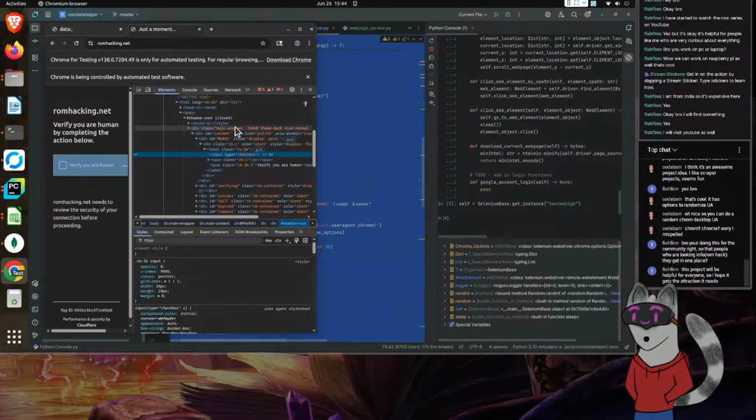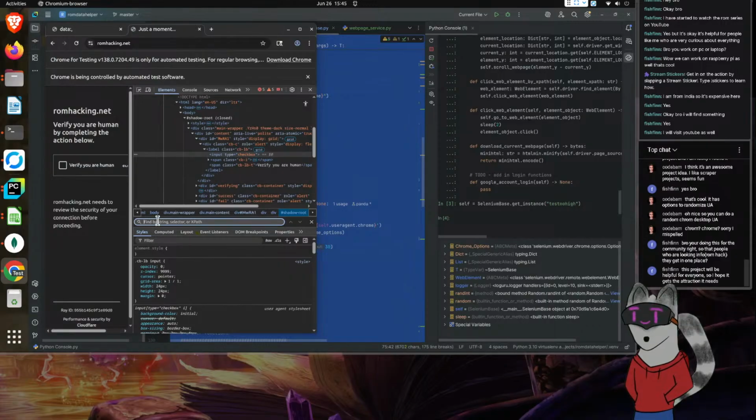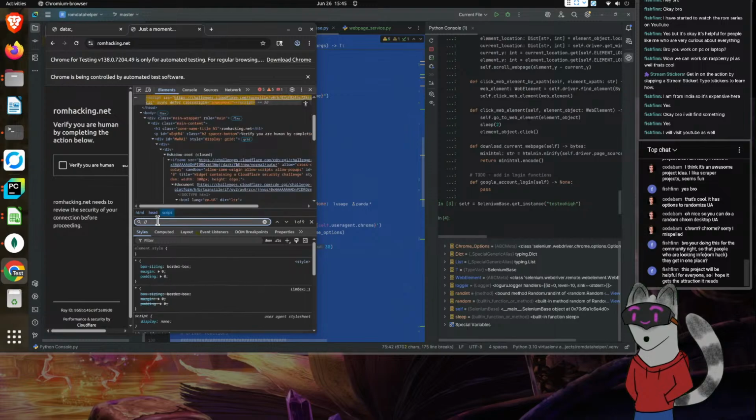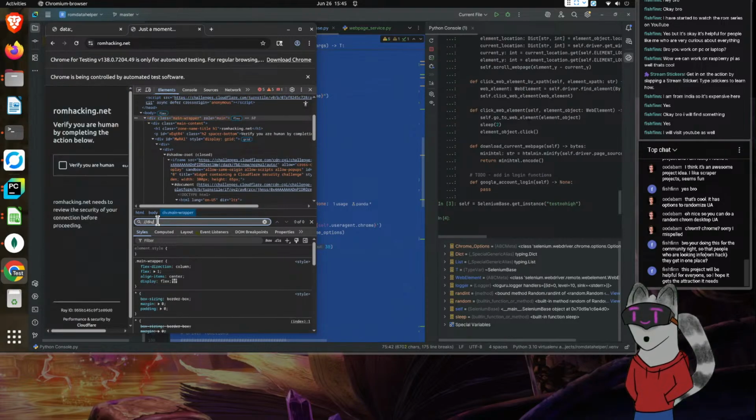All right, so there's actually a lot here. Oh, there's an awful lot here. Verify you're human, but we want to click the input. Okay. All right, let's go ahead and start building our XPath real quick. Yeah, let's build the XPath for this. So what we're looking for is div. Okay,